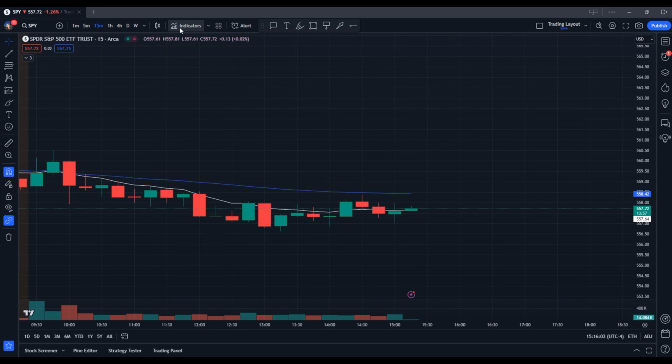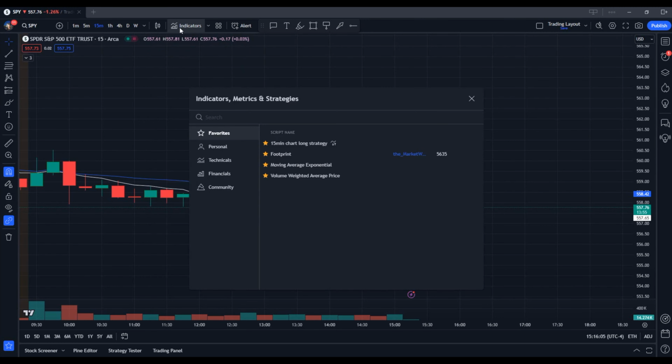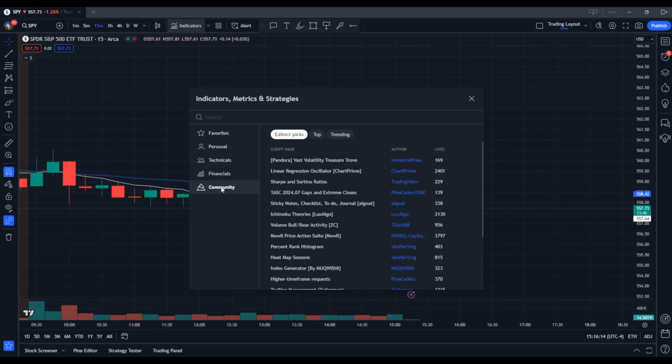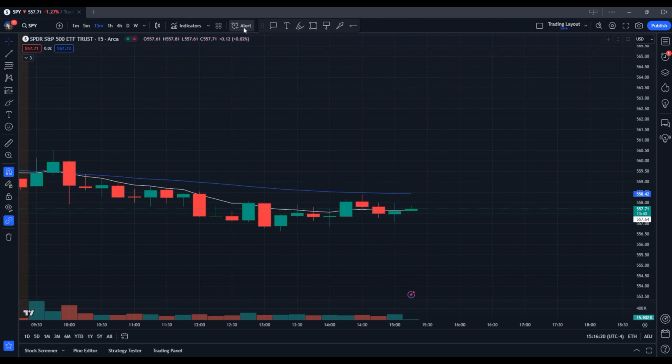As for indicators, if you click on the indicators list, there are a number of indicators that you can use, all the way from personal that you've created yourself to technicals and financials, and finally the community indicators that are shared amongst TradingView users. You can also add alerts to your chart by selecting the Alert button at the top